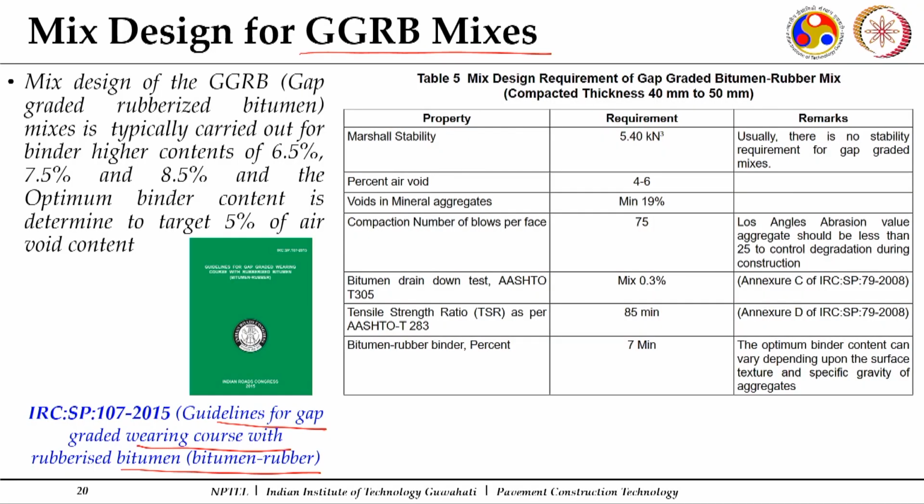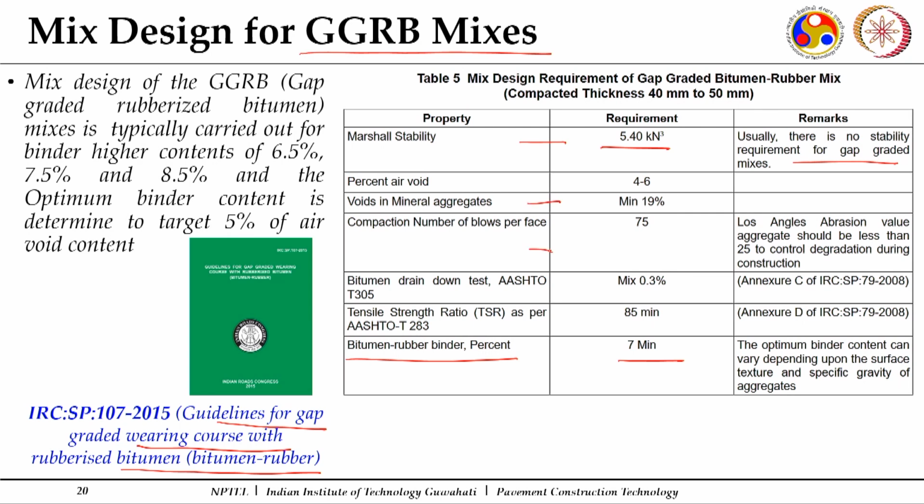Here again you go for binder contents which are slightly higher. It says that the bitumen binder percentage should be at least 7% as the minimum, and the requirement of Marshall stability is comparatively less for this one, especially for gap graded mixes, and then the